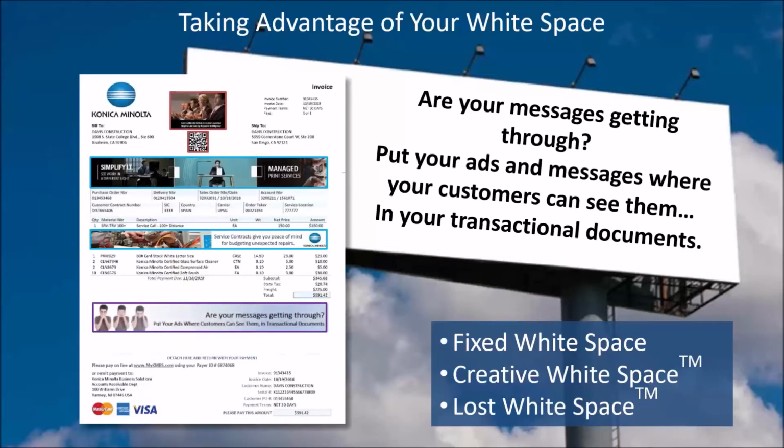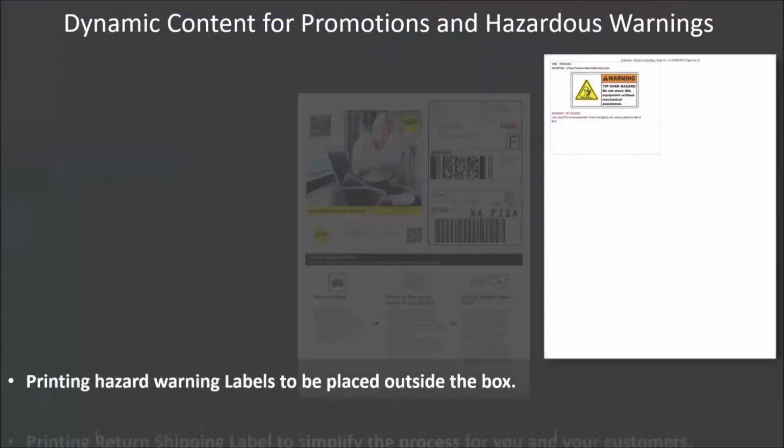And then the last one is lost white space, and that is literally the empty or blank vertical white space left on a form. So if you imagine this page overflowed and only one line item was passed over to page 2, you'd have a pretty big white space area on your form. So you can also promote here. Usually we suggest generic messaging, but it can be specific as well. Build rules around that as well.